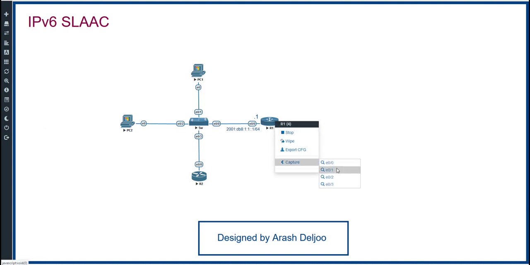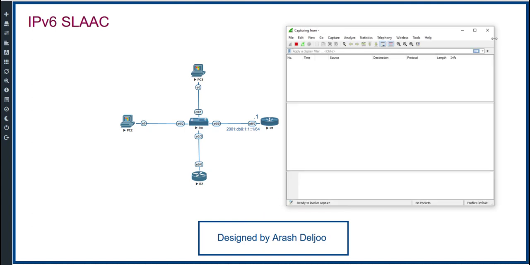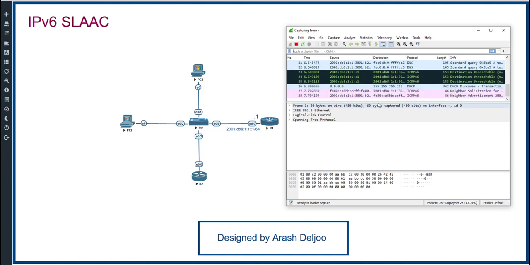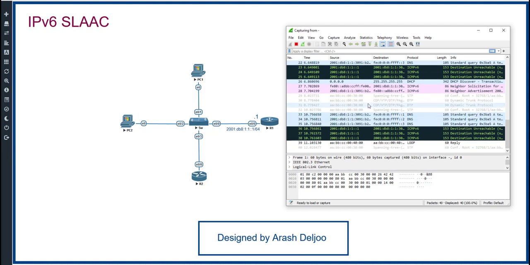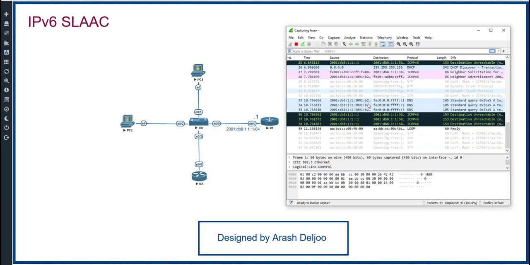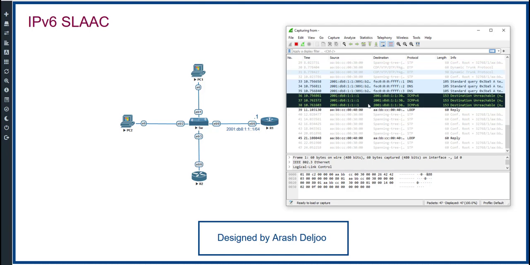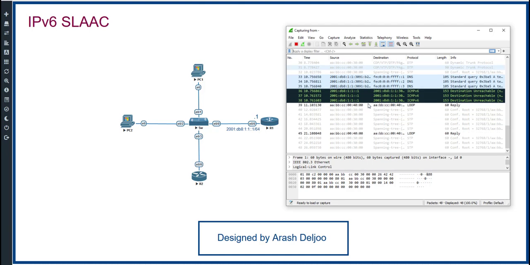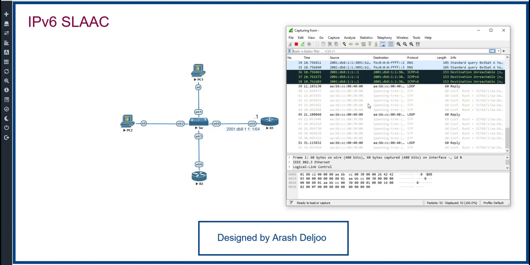I'm going to capture the ETH0/0 interface with Wireshark. You can easily do all of these tasks because you need to see the details. Okay, if you don't understand the details in troubleshooting and configuration, you will have many problems. Look at here. First, let me find the RA message. The RA message is one type of ICMPv6 message in the TCP/IP packets, because you know that we are using different types of ICMPv6 messages for sending different information in IPv6, such as the RS,